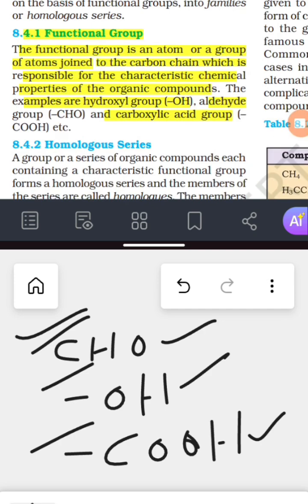That means the properties of a compound depend only on the functional group of the compound. There are nearly 15 to 16 functional groups available in organic chemistry. Those functional groups we will discuss in the coming classes. Now the next one is